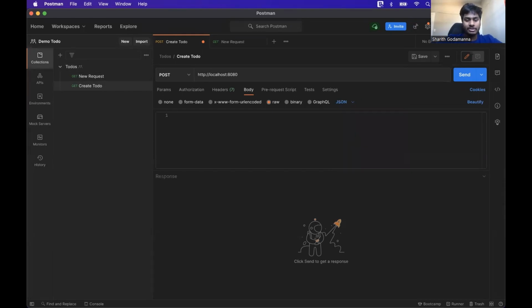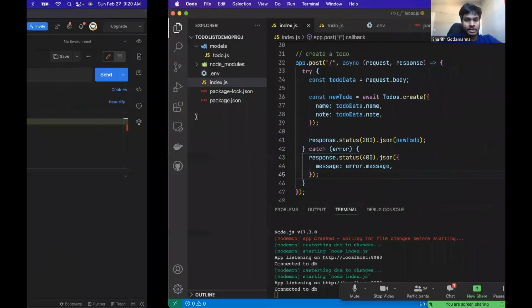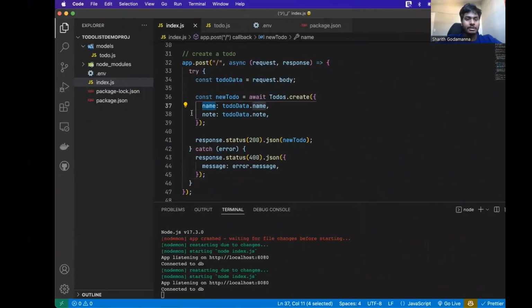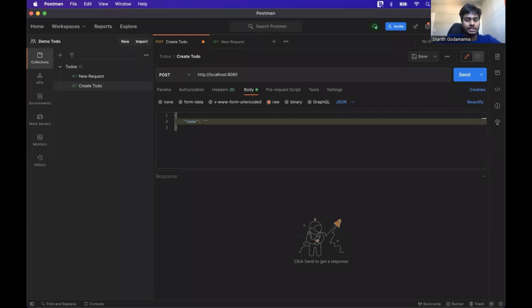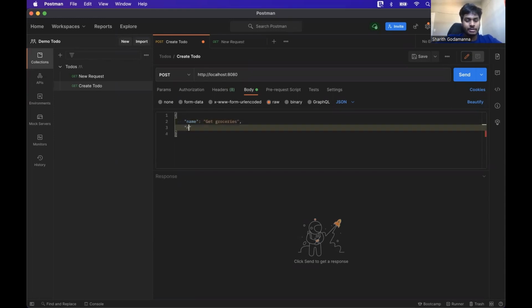So it's going to be in JSON format. JSON has key and value. The structure of it is there's a key and each key has a value. So here we need to send in name. Let's say get groceries, and note. For note, let's say go to Kilos 7. So now if I send this,